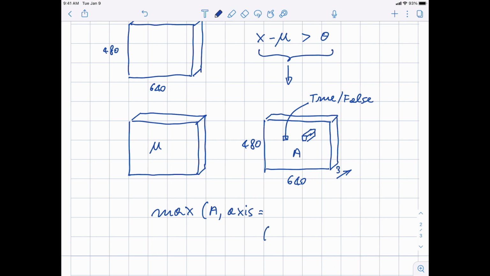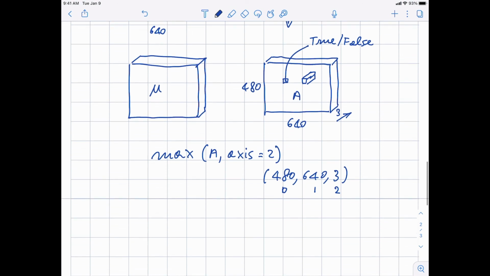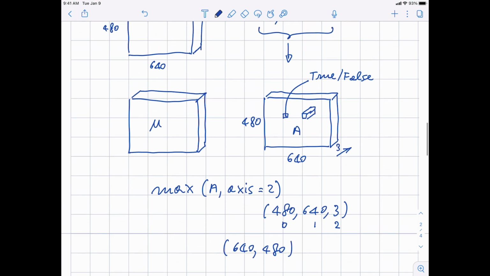So if your matrix has a shape 480 by 640 by 3, this is axis 0, this is axis 1, this is axis 2, so the axis is going to be equal to 2. And so this will enable you to collapse this matrix of booleans into a matrix of booleans that is simply 640 by 480. So this is a general idea of how to do the motion detection, okay?